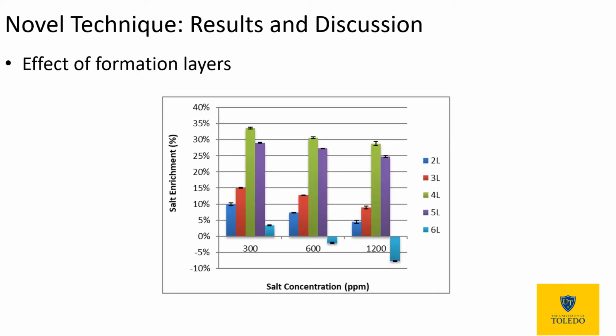What's shown here is a salt enrichment that was achieved with the initial test that we performed, using up to 6 different layers in the membrane structure and using the 3 different feed solutions. What's plotted on the y-axis here is the salt enrichment. That's the difference between the salt concentration in the permeate and the salt concentration in the feed divided by the salt concentration in the feed. And then on the x-axis, of course, are the 3 different solutions that we use, the 300, 600, and 1200